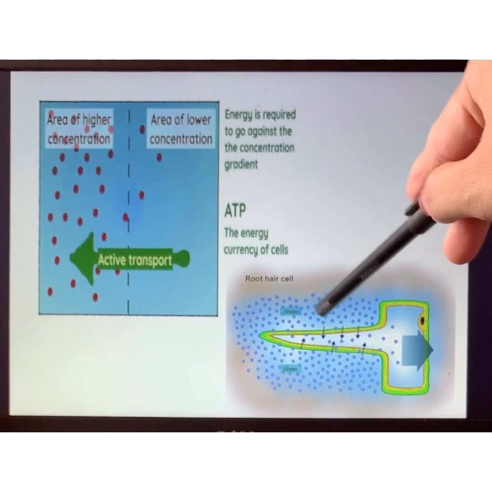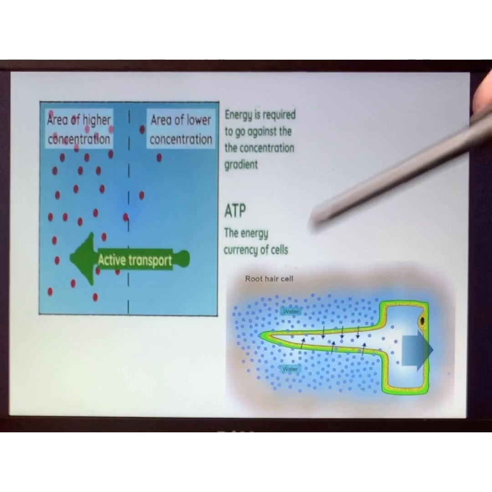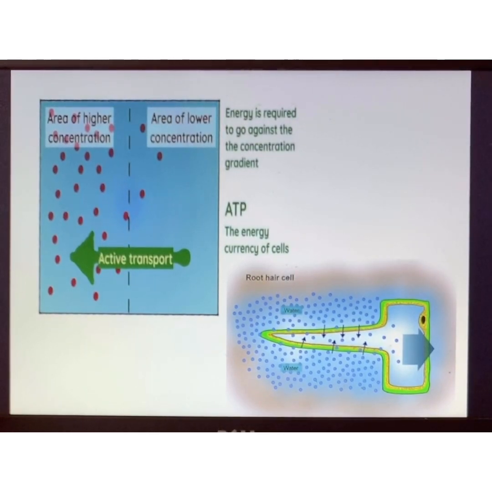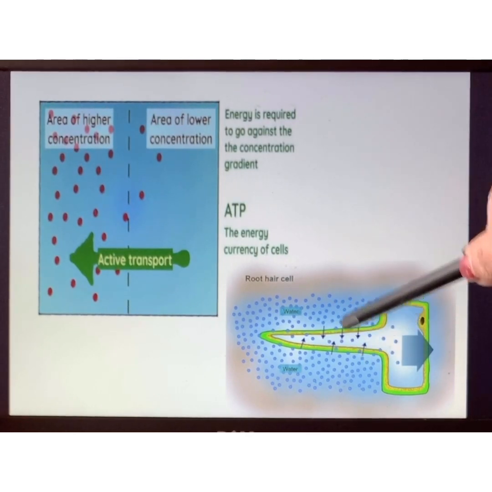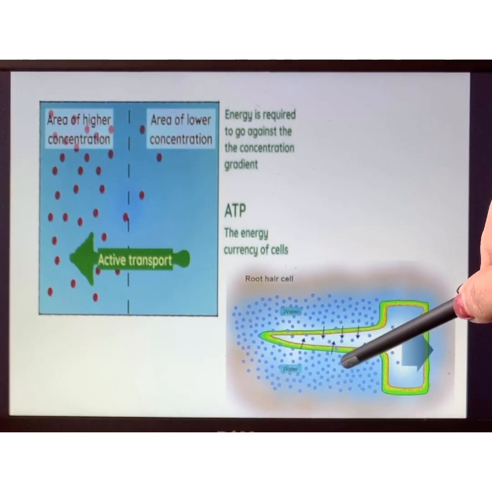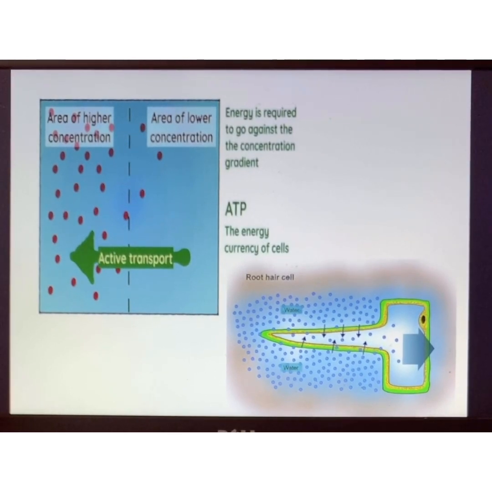Now though water is mentioned over here, understand that the minerals present in the soil will not be in dry form. They will have to be dissolved in the water. So when roots are absorbing water, understand that they are also absorbing the dissolved minerals. Though they are showing here water molecules moving inside, that means the dissolved minerals inside the water will be moving inside the cell.